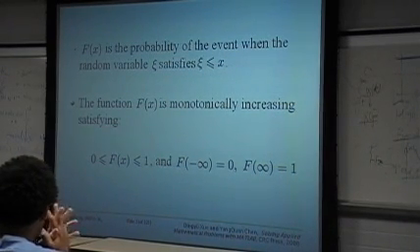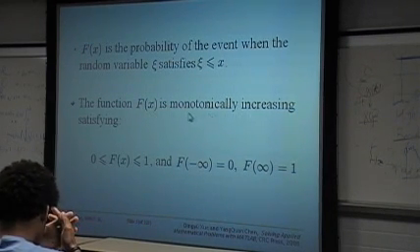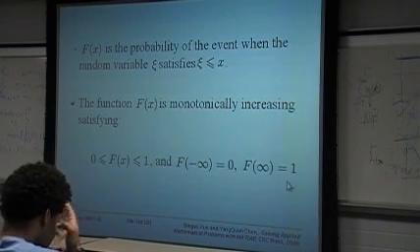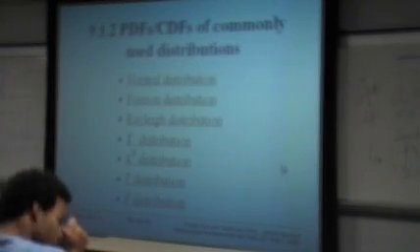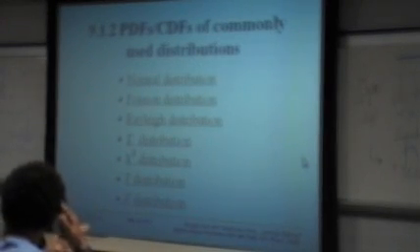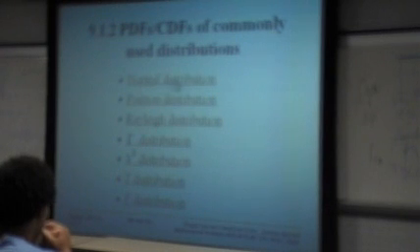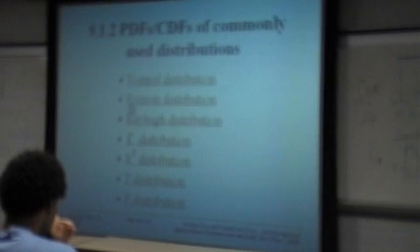And also the cumulative distribution function F is the monotonically increasing function satisfy this condition, which means the probability of a variable. So the commonly encountered distribution functions include the normal distribution and Poisson distribution, Rayleigh distribution, gamma, chi-square,